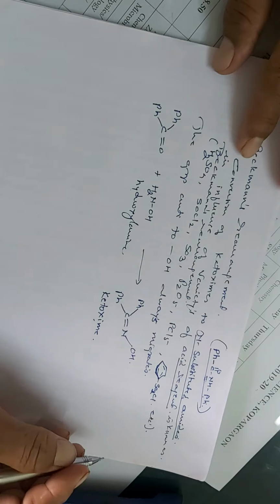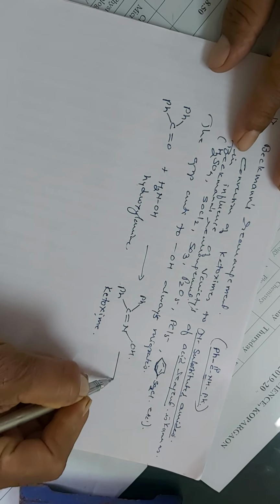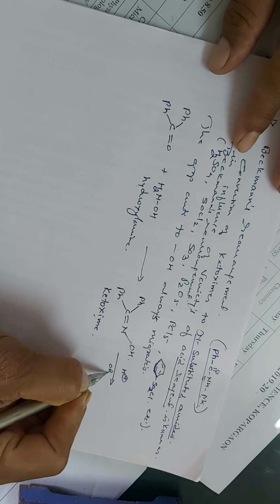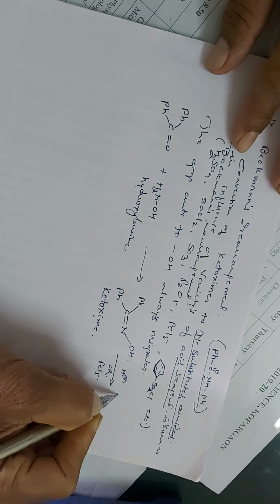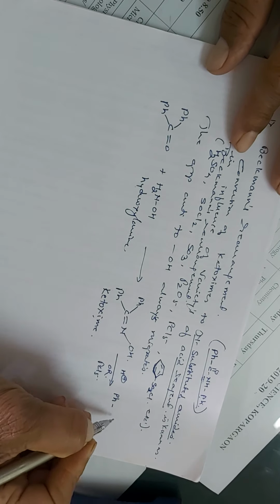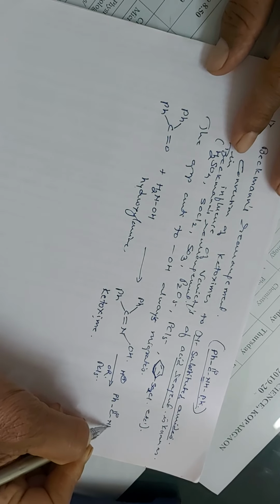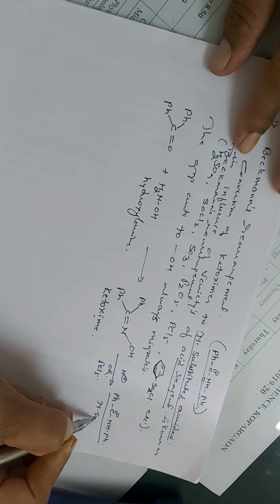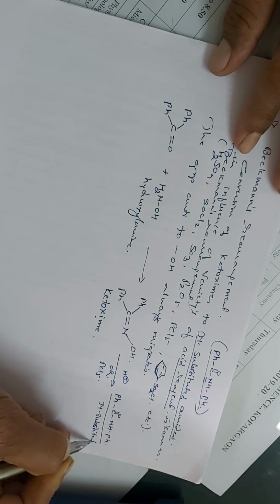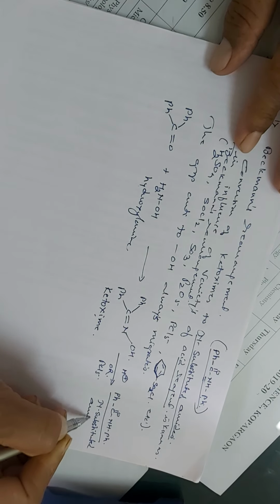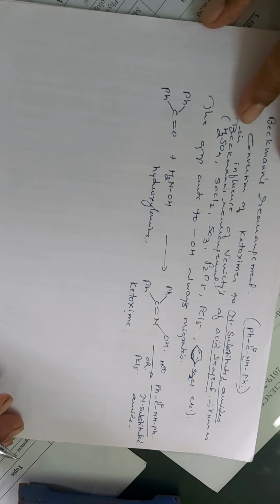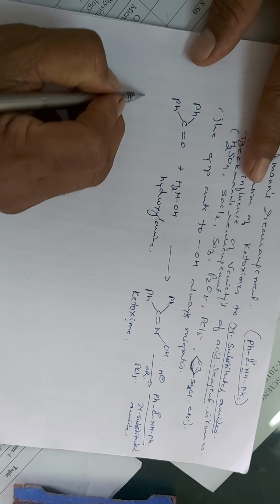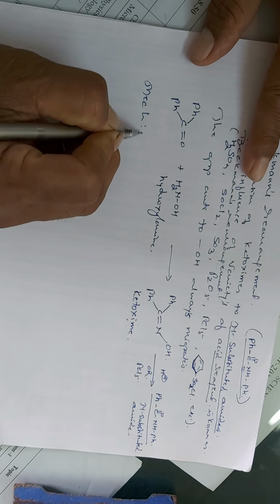So here these are treated with any one of the acidic reagents, it is H plus, that is the acid, or you can use PCl5, and you will get the N substituted amide, that is CONH, and here Ph. So this is your N substituted amide. So this is a simple reaction, but how is this being carried out? We want to study the mechanism of this reaction, and the mechanism is also very simple.